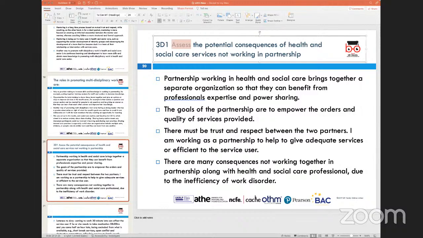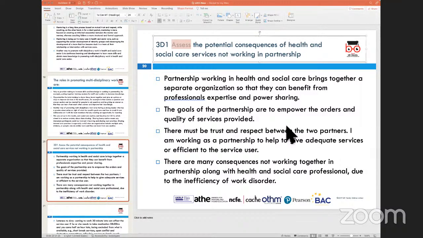Similarly, if people do not understand when they need to go to A&E, that could mean unnecessary hospital admissions. It could mean, for example, occupation of beds which could have been better utilized by other patients. It could also mean that if people fail to diagnose certain problems properly, it could hold up capacity of beds within a hospital. And this could also lead to poor outcomes in terms of patient care.